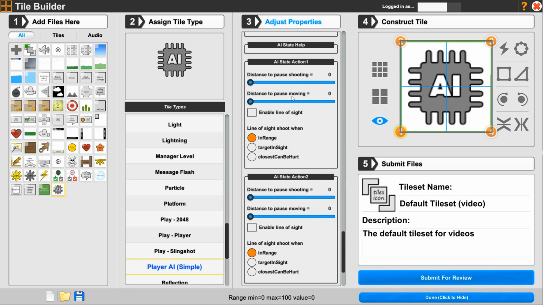Distance to pause moving, so there's two separate. You can actually pause it for this one, and then you can also say pause it for the moving. That way the player will get to a certain spot in shooting. Instead of going from here and walking all the way to where the player is, you can say that, okay,